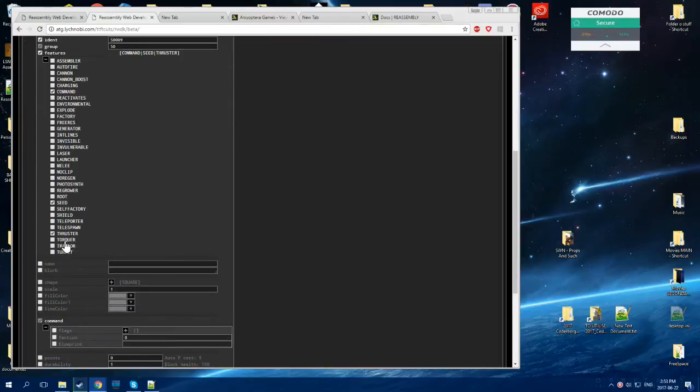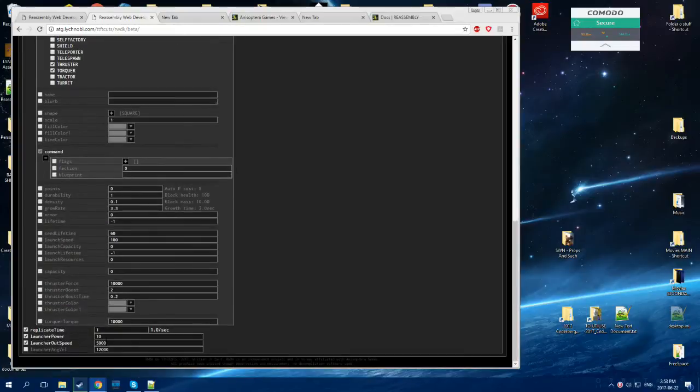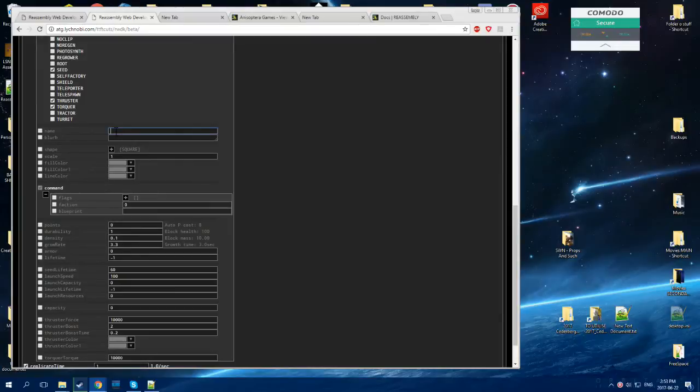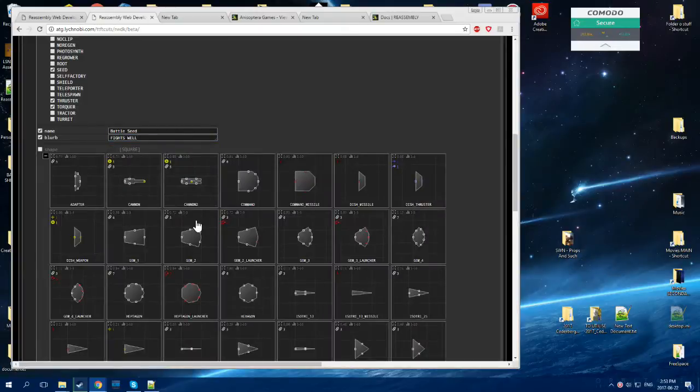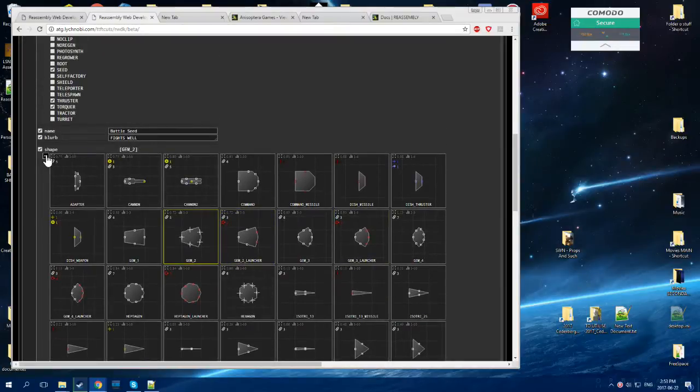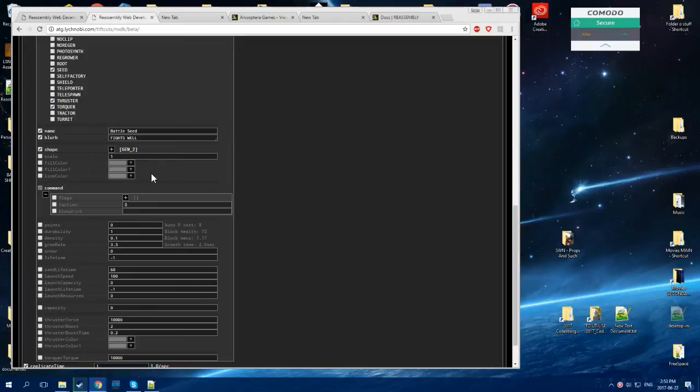Let's give it a thruster and torquer. It needs a torquer so it can turn itself. So you can see it's going very complicated very quickly. Battle seed. Yeah, that seems fair enough. Let's make it an actual seed shape, like that. We could even make it launch little missiles if we wanted to,